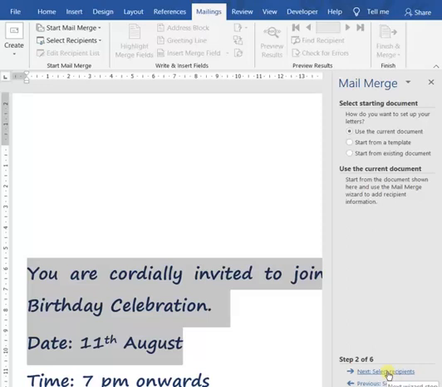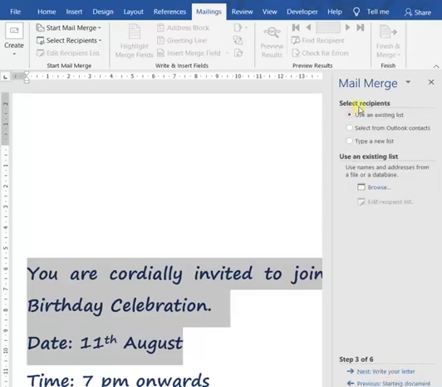Next step is select recipients. Recipients means those persons who will receive our letter. So for that we have to create a list of those recipients. Use an existing list. If we previously have created a list of our friends or contact list we have created in our computer, it is present, then we can browse from here.